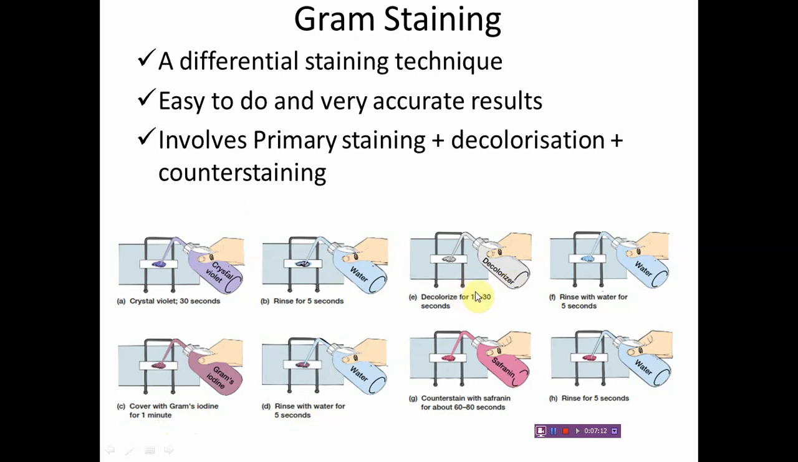Then the slide is decolorized. For decolorization we use 95% ethanol. The decolorization step lasts hardly for 30 seconds. Thereafter we wash the slide again and then we counter stain it with a counter stain like safranin or basic fuchsin. And after sufficient reaction time we wash the slide again, and thereafter the slide is dried and then it is